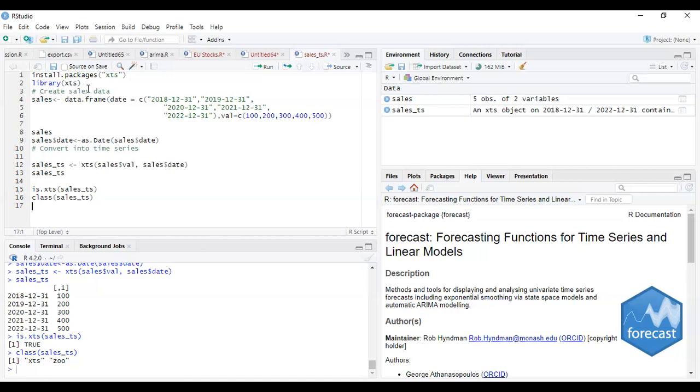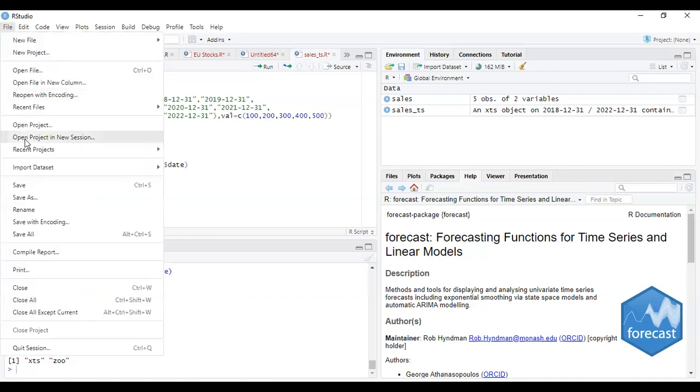So I will use another basic file also for the time series data, which will show you